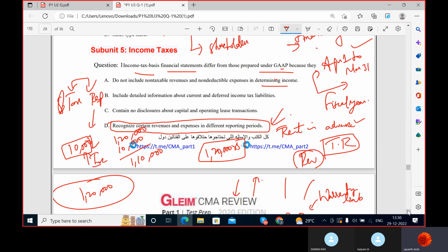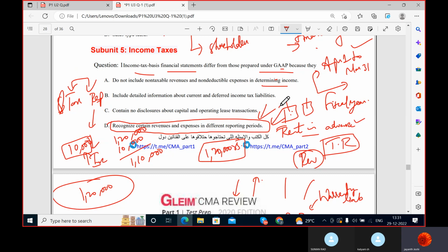But what they're asking is, as per the financial statements you prepare and as per income tax returns, the differences are created because here you are showing it later and there you are showing it earlier, but the transaction you are showing now in both the books. Yes. Okay, this subscription, whatever rent I received in advance, I'll be showing under tax returns and I'll be showing under financial reports, but at different periods. So that is creating the difference. Something which I don't show, something which won't come into that, is something which we ignore. We cannot do anything about that. Understood? So this is the prime reason.